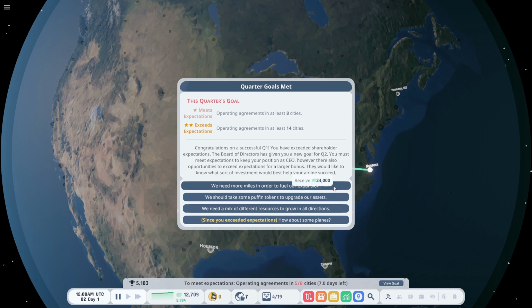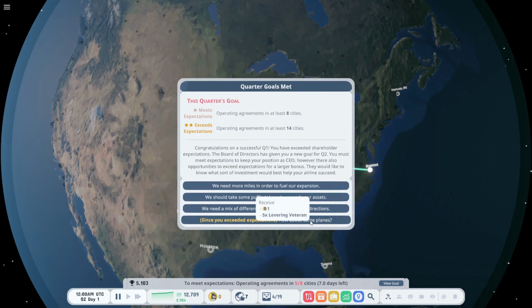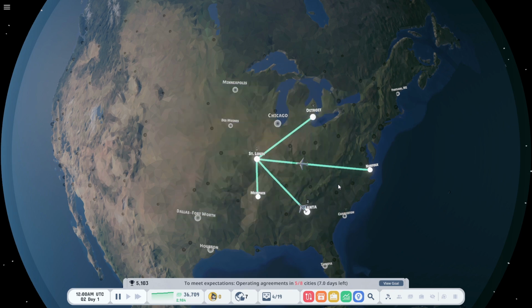So here's what we got. We've got the ability for some more cash. We can get some tokens. We could get kind of a mix of tokens, or we could get a bunch of planes. And the levering veterans are actually a more... I think they have a higher capacity. Yeah, they can carry, if not twice as many people, and they can go further. Ooh, that's a tough call. I think I'm gonna play it safe. I'm gonna grab the cash on this first one, because it's probably gonna ask us to do a bunch of